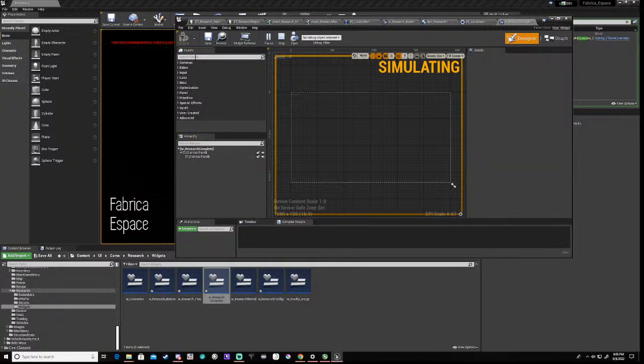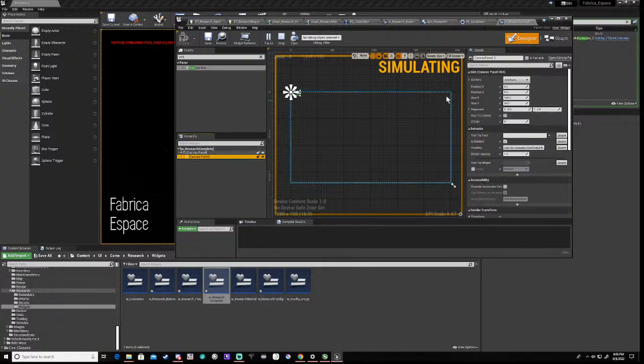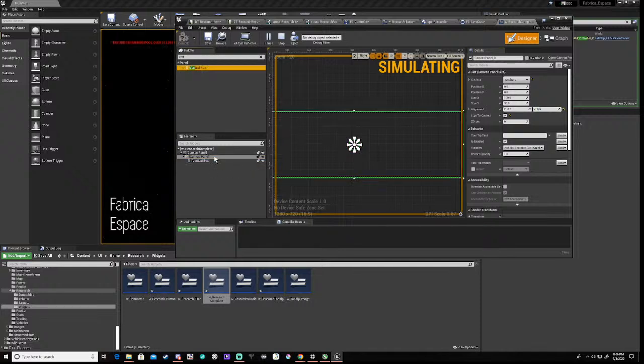Then we're going to do a vertical box. This canvas panel here we shall center it, and we shall size it to content. Okay, then we need 0.5, 0.5 in alignment. Then we place a vertical box in here, and then we shall